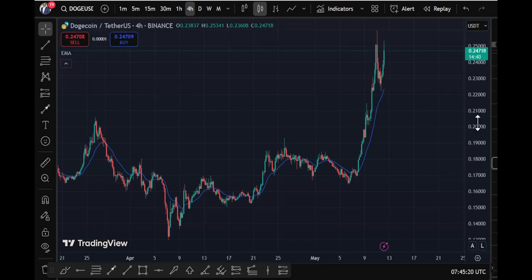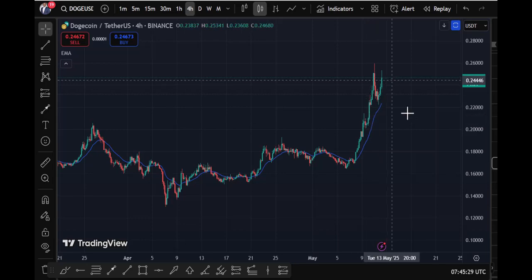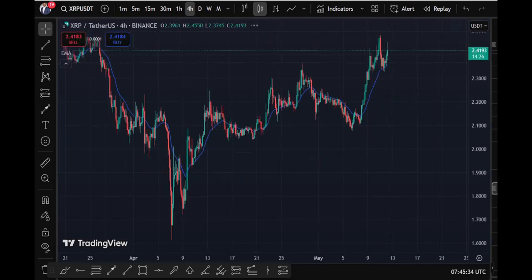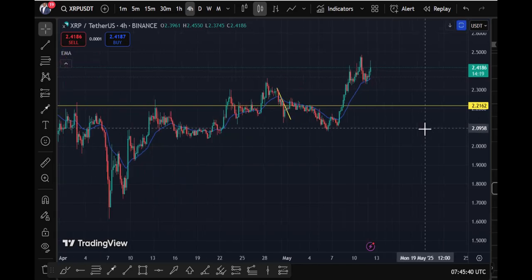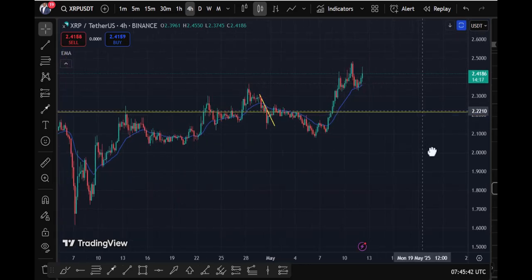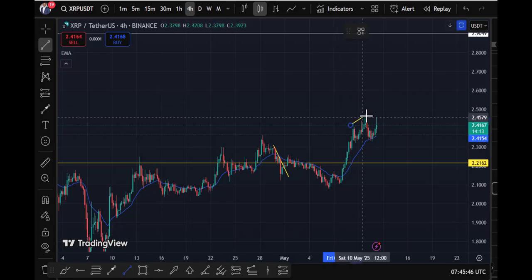Dogecoin, yeah, definitely Bitcoin is driving most of these pairs. Bitcoin is driving them, and as Bitcoin keeps pushing high, definitely it's going to be pushing high. Let's take a look at Ripple. I think Ripple is the one that is ready for the outbreak. Because if you ask me, this is one that if you want to buy at this point, I'm expecting this to break.